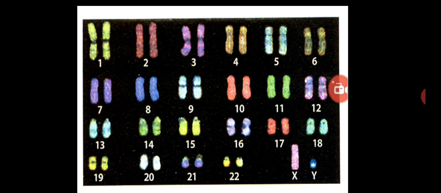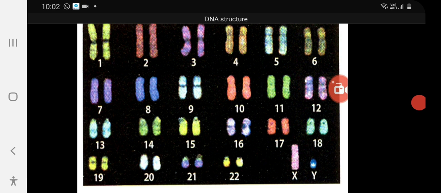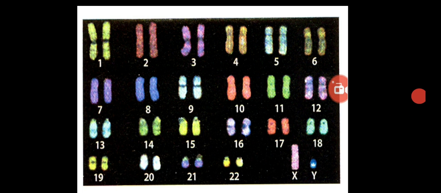So size, shape, structure and morphology of chromosomes can be studied in the karyotype. If the karyotype is represented in a diagrammatic manner, it is known as an ideogram. By studying the karyotype, we can come to know the phylogeny of a particular species, and whether it is advanced or primitive, right?